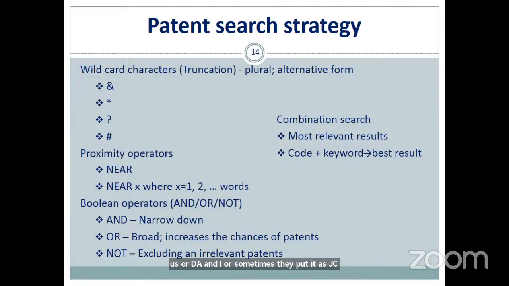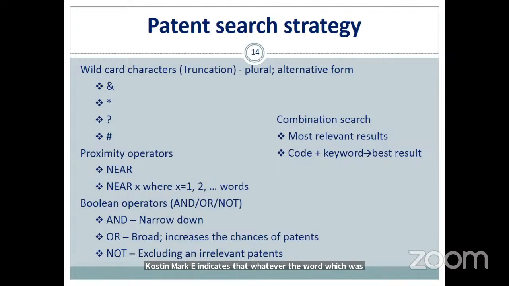Sometimes they put it as SE or ZE. In that case, you will be confused whether it is included or not. In that confusion, you can use this question mark. Question mark means it can be either S or Z. Whatever it might be, if you are not aware of S or Z, then you can put a question mark in that particular letter. ORGANI question mark E indicates that whatever the word, including ZE or SE, will be included